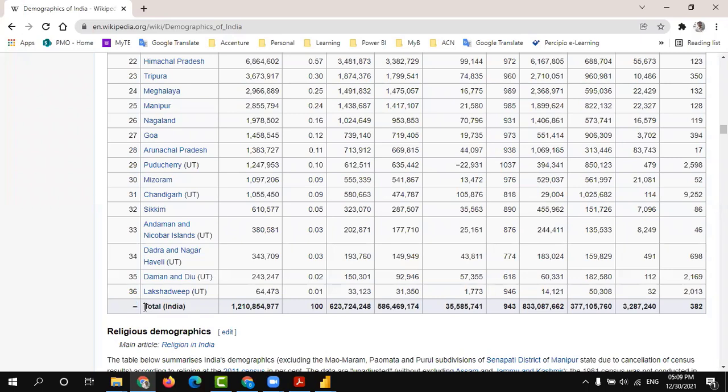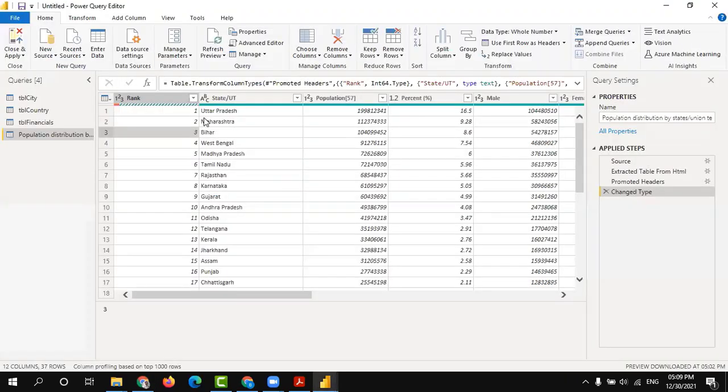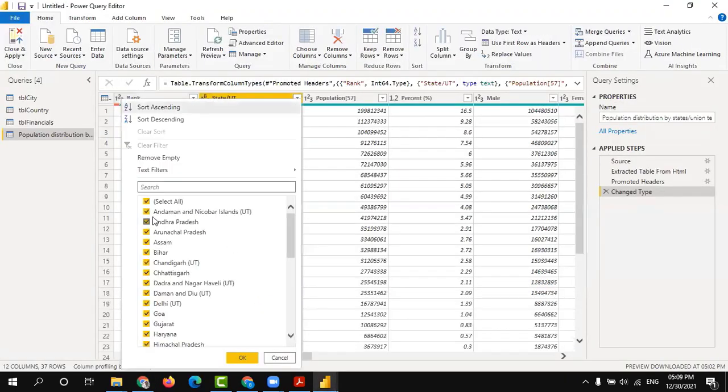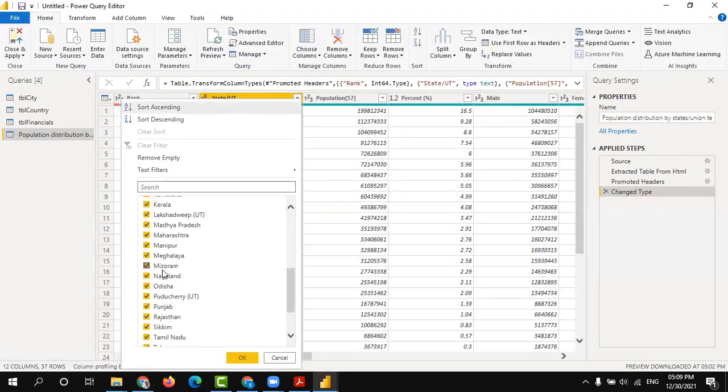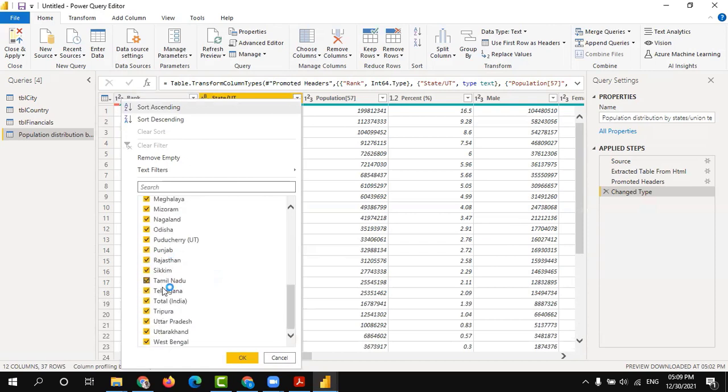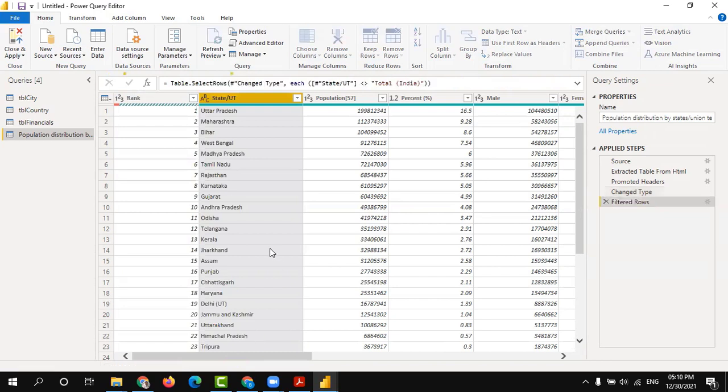In this data, we don't need this row at all, so I'm going to filter that out. So now the rank field has turned green. Now we are good with this data.